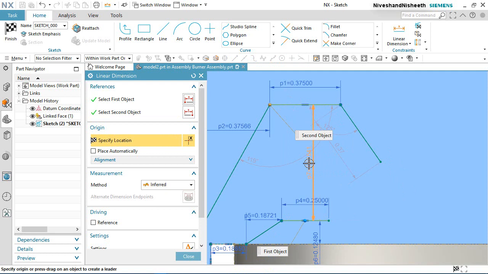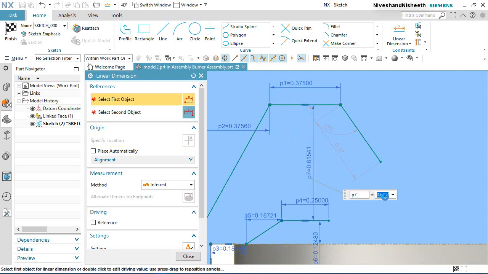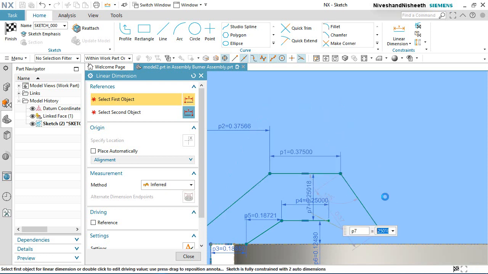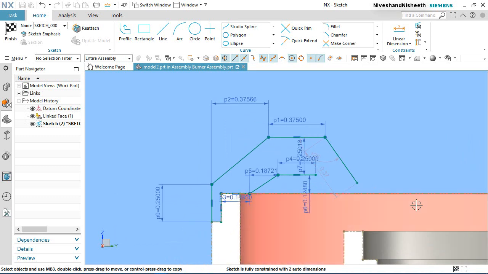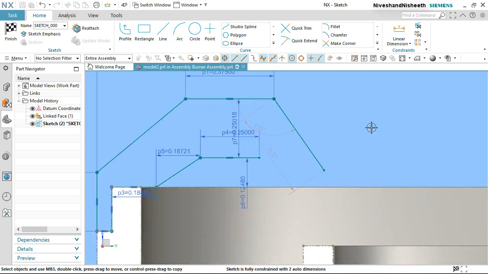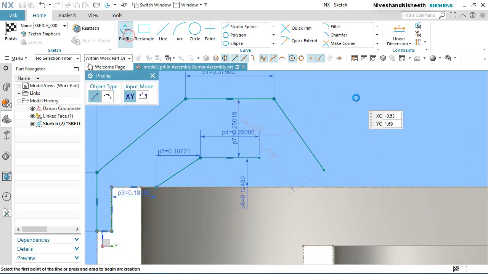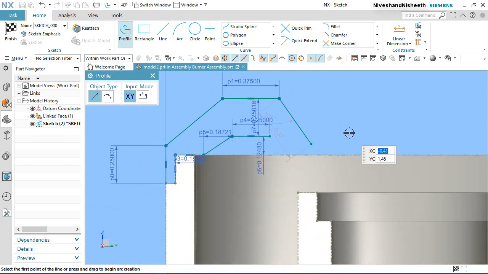Apply the dimension between these two lines. 0.25016 inches. Now see, activate the profile command once again and start the line from this point.